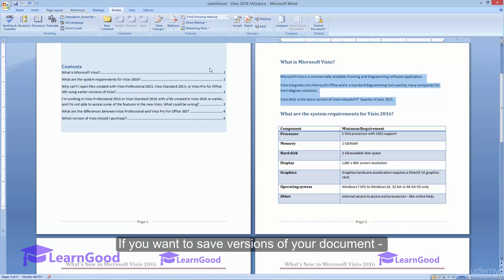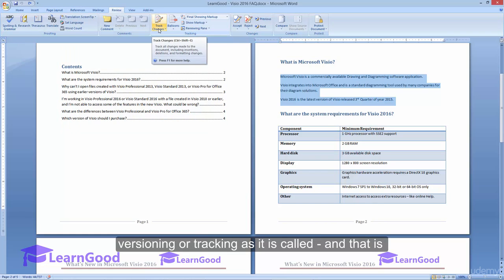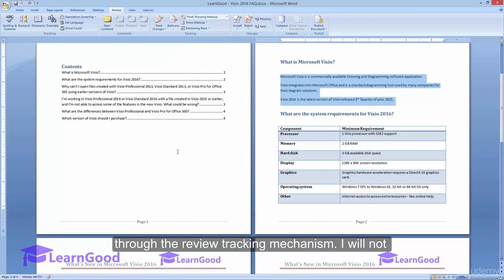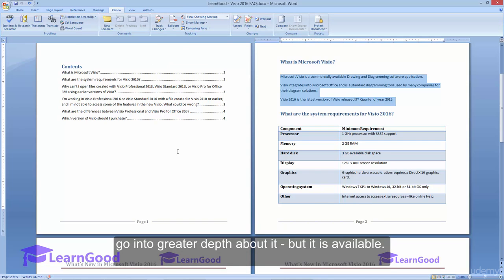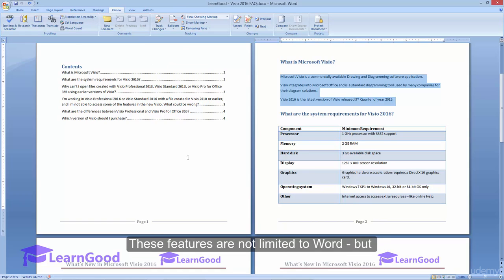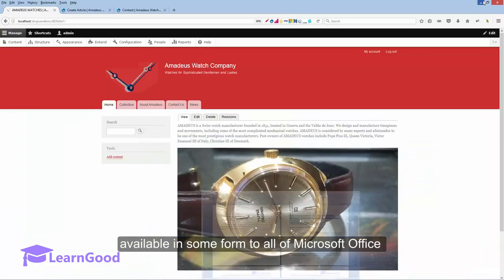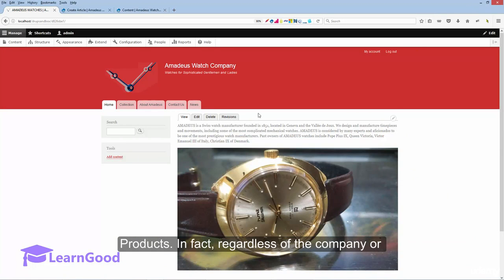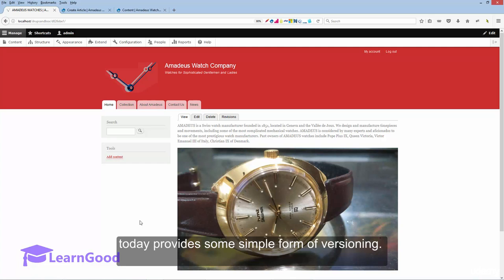If you want to save different versions of your document, you have to manage it yourself outside of Word, saving different versions with different file names. I'm very sure that you will be all too familiar with this technique. Microsoft Word provides one more powerful form of versioning or tracking as it's called, and that is through the review tracking mechanism. I will not go into greater depth about it, but it is available. These features are not limited to Microsoft Word, but available in some form or other to all of Microsoft Office products. In fact, regardless of the company or the operating system, today any well-designed product provides some simple form of